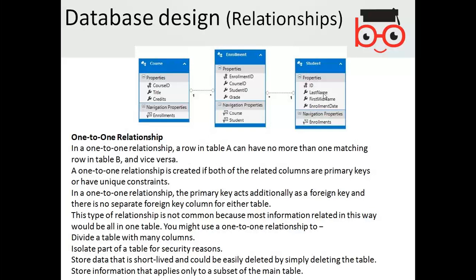That's only able to do when you create a security isolated part of table for security reasons. For example, the student information is kept in one table, and again, for example, the student payment details, or for example, their special needs or any critical data which you don't want to show to anybody else, then you can store separately. That will be the one-to-one, but will not be useful. That will increase the number of tables.